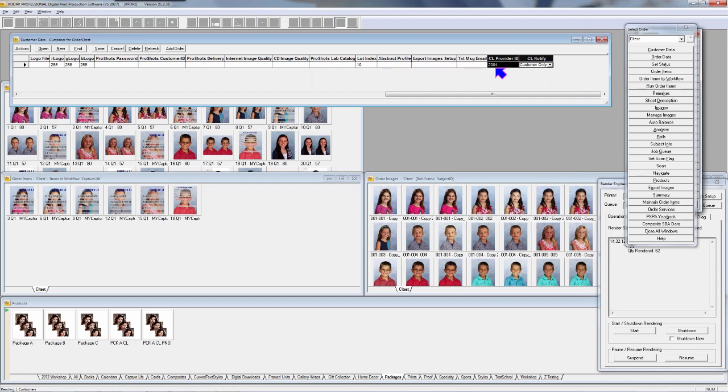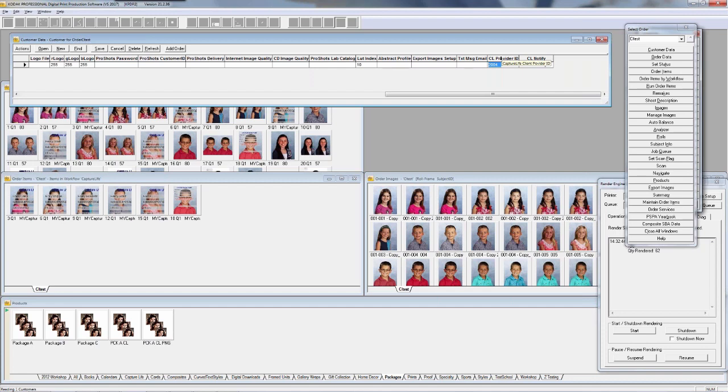We'll talk more about this. You guys will talk more to CaptureLife about this, but these CaptureLife provider IDs are really your photographer CaptureLife account IDs. You can access those in your CaptureLife portal. You can change those in your CaptureLife portal, but this is one of those other very simple but very key pieces, so that when dp2 does upload images to the CaptureLife portal, it's being tied to the right photographer, the